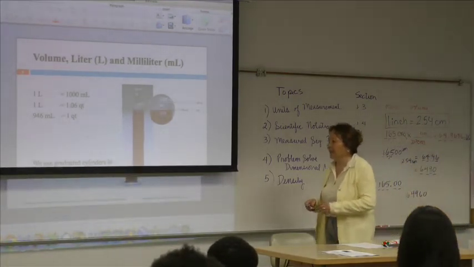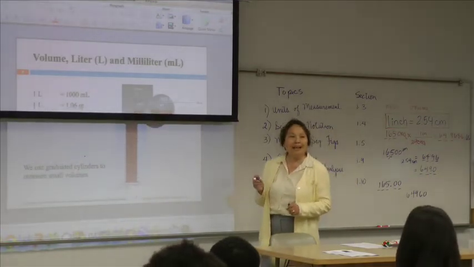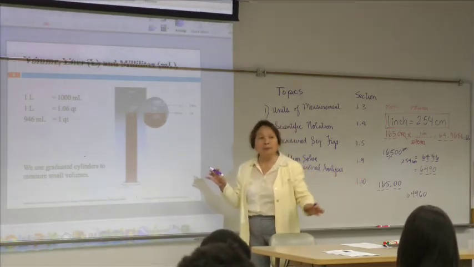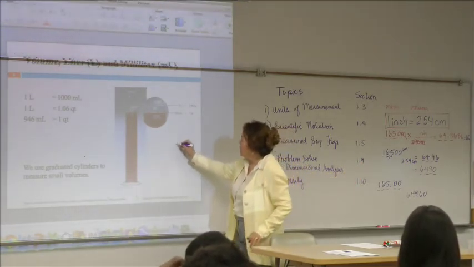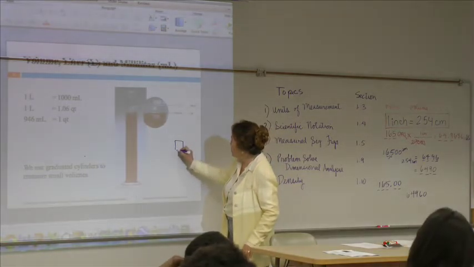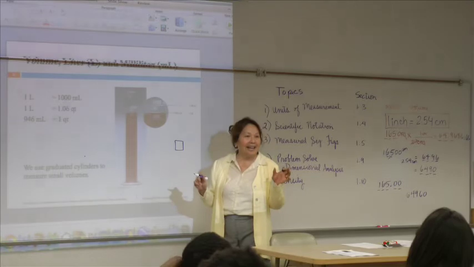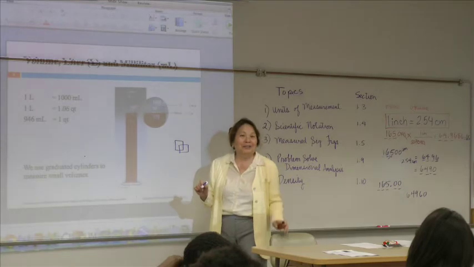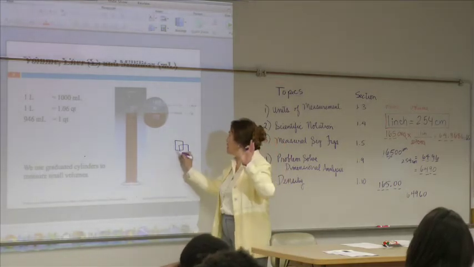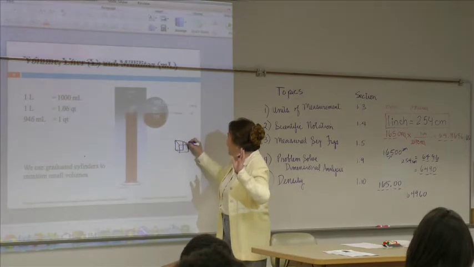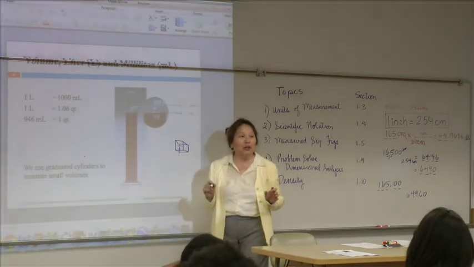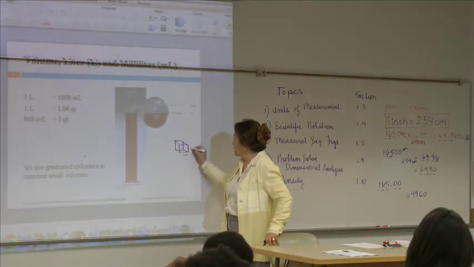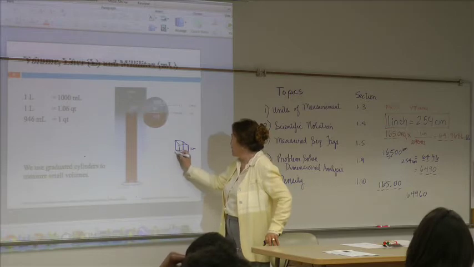For those that had me in lab, I'm going to repeat the sugar cube problem. It's one of our last problem solving examples. If you have a sugar cube, what's the length, width, and height of a sugar cube, do you think? How many know what a sugar cube is? You can buy powdered sugar or sugar cubes, right? A sugar cube normally measures 1 centimeter by 1 centimeter by 1 centimeter.